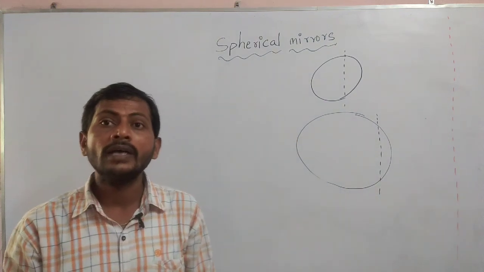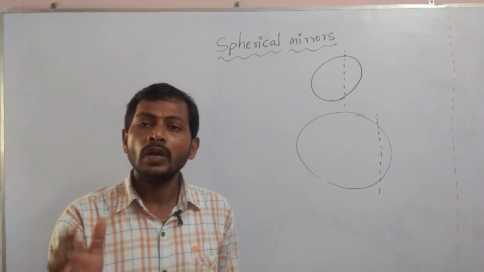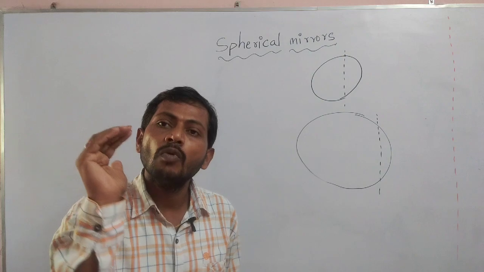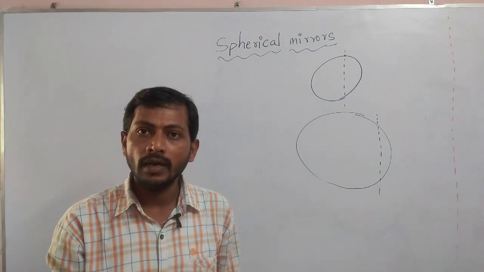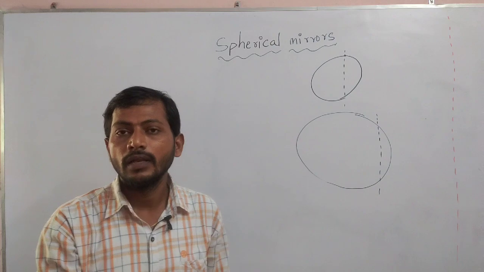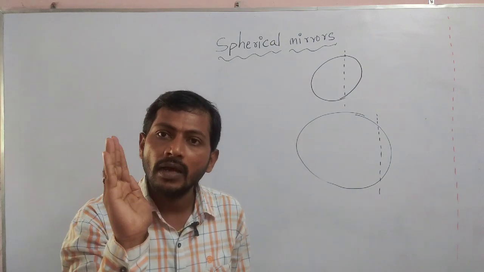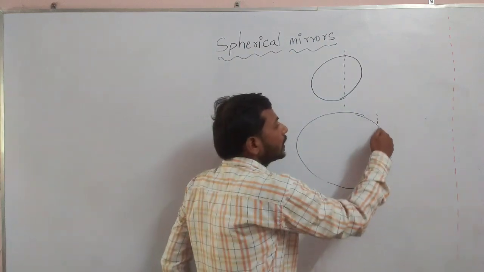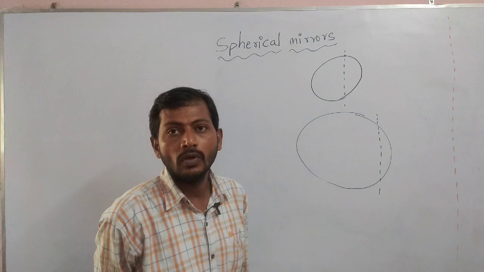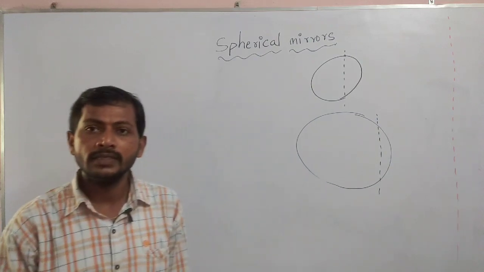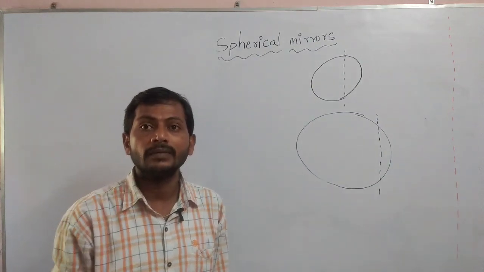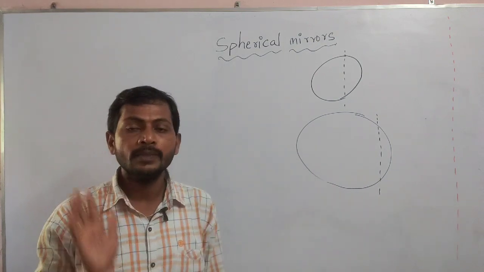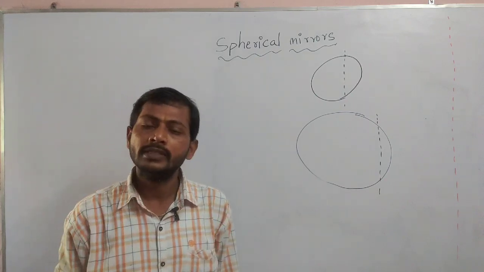So I am going to ask you a question. Whenever we make a spherical surface, if we need more curvature, we have to take the small sphere. Otherwise, if the curvature should be small, then you take the big sphere and from there you take a very small part. So today we are going to discuss the terminology belonging to spherical mirrors and how we are going to make spherical mirrors. These two things I am going to discuss here.